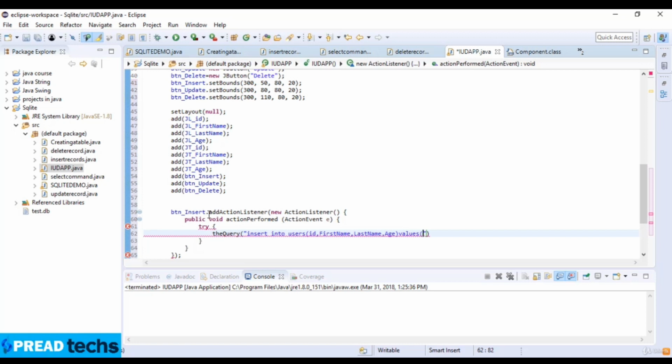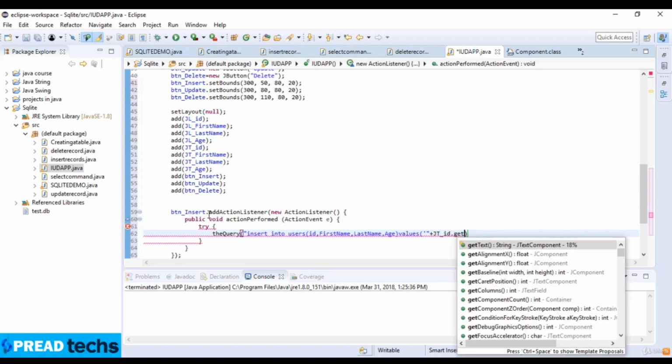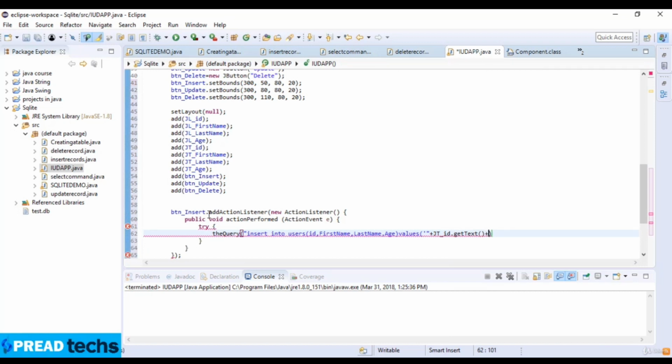Now I set the values. So values here are concatenate jt_id.getText() plus, I just close this code here and then use jt_first_name.getText(), and after this getText I just close this code